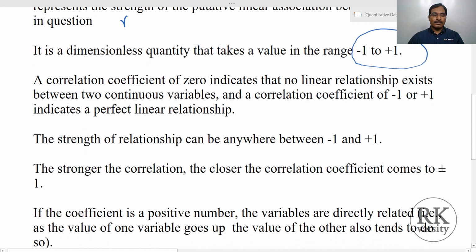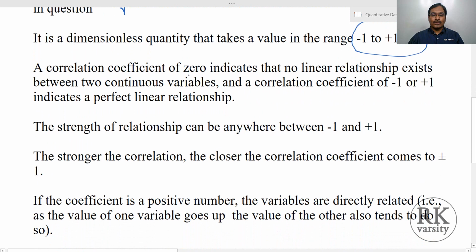Now if you get a correlation of 0, that indicates no linear relationship exists between two continuous variables. There is no linear relationship between those continuous variables. And a correlation coefficient of -1 or +1 indicates a perfect linear relationship. Okay.